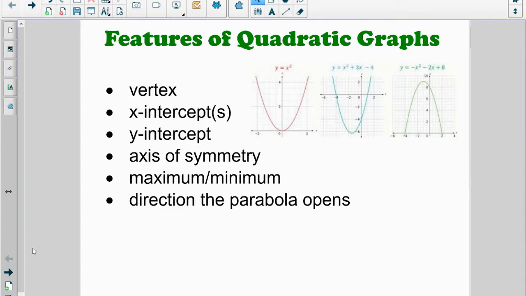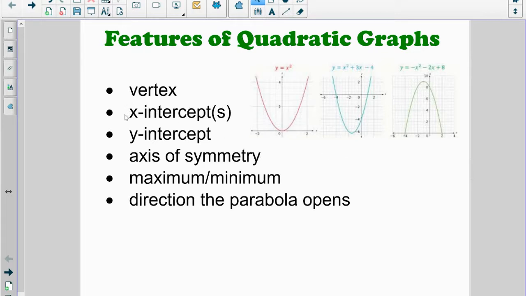So we said the graph of a quadratic function is called a parabola, and it looks like these shapes here, whether it's U-shaped or like an inverted U-shape that we say is open down, the one where the arms kind of point downward. And what we're going to focus on today is identifying the vertex